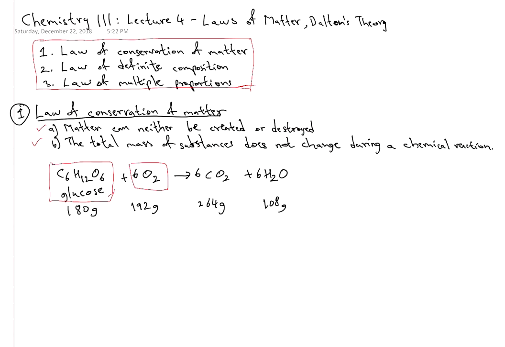And 1 mole of glucose, and we will learn it in future lectures, is equal to 180 grams of glucose. So 180 grams of glucose plus 192 grams of oxygen react to give 264 grams of carbon dioxide and 108 grams of water. So if you sum the reactants together, 180 plus 192 is